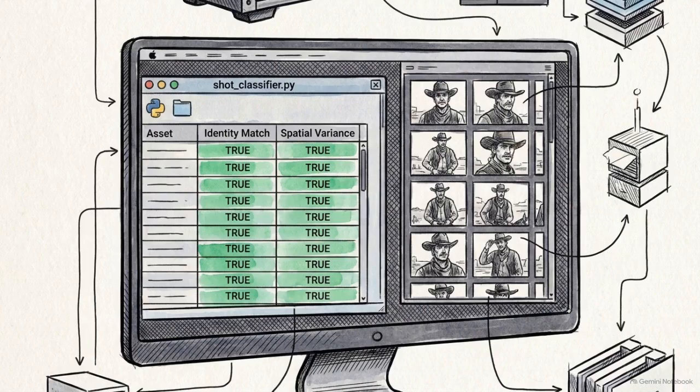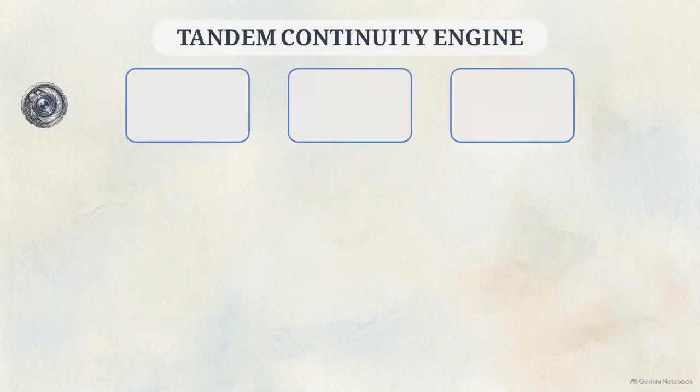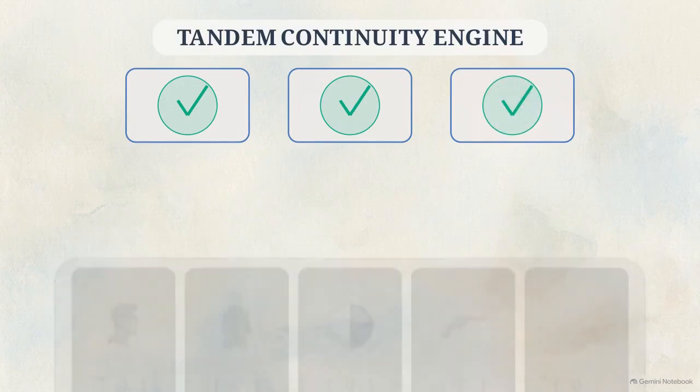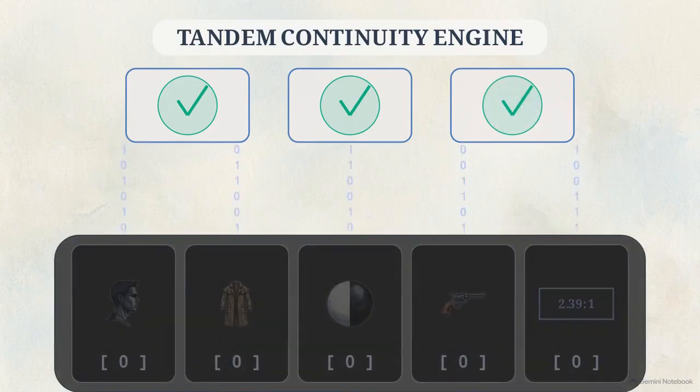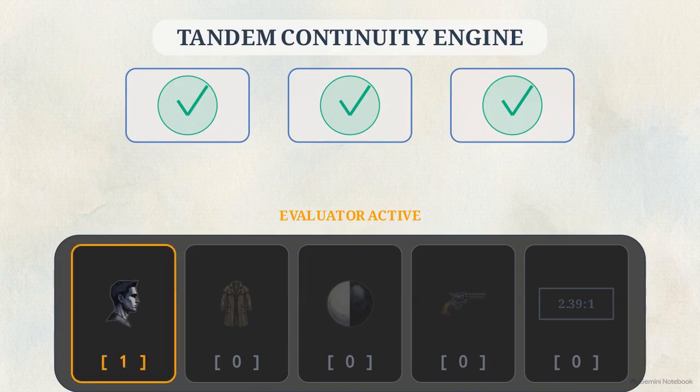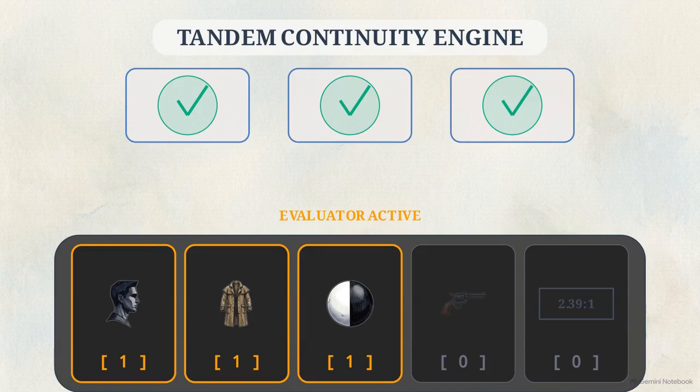Spatial and identity coherence across generated clips is managed via shotclassifier.py and SQLite state tracking. The tandem continuity engine audits all generated plates against a strict set of character and environmental rules. This Boolean matrix illustrates the 5-point truth table evaluator utilized during the production of The Ballad of the Black Duster. The system enforces binary checks on 5 anchors: character identity, the alkali dusted coat, chiaroscuro lighting, the Colt revolver prop,